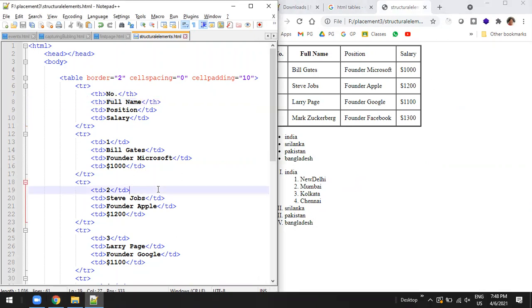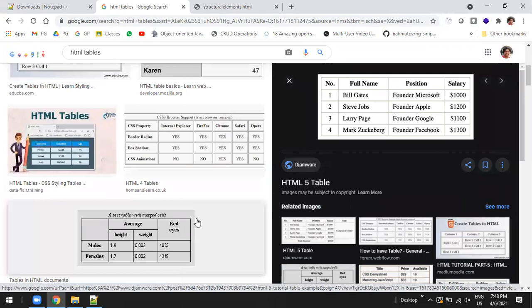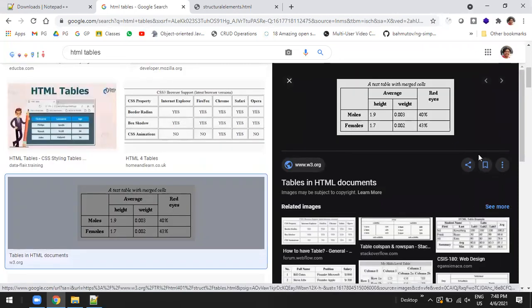Yeah, like this you can create tables, but when it comes to complex tables, then you will be worried. What do you mean by complex tables? Let us see this. Suppose I want to create some table of this sort.